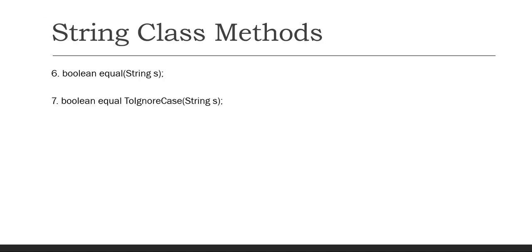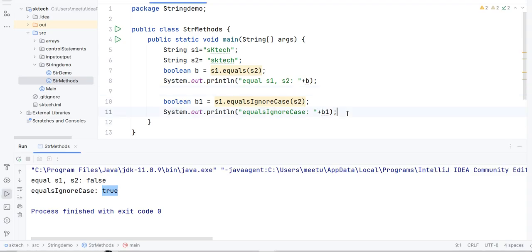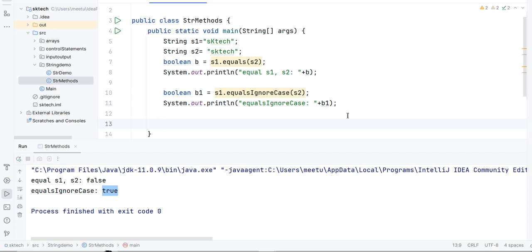Let's see what the next method available in the String class is. The next method is startsWith, and the return type of this method is also boolean. Again, if you notice, it is expecting an argument. Let's see how we can use this with a simple Java program. Let's say two strings are there, s1 and s2. Let's write the return type, boolean b2, and for this we will use s1.startsWith(s2).